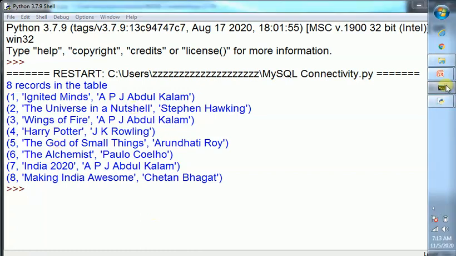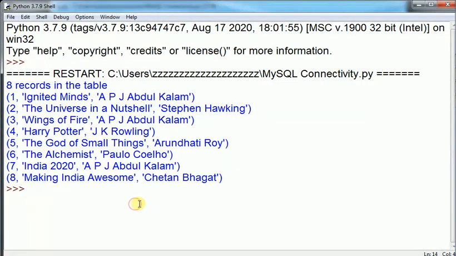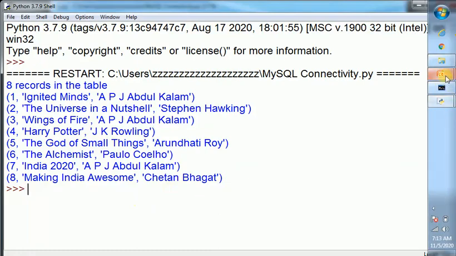Let us check with MySQL. See, I have opened the database. There are 8 records here. All the 8 records are displayed here also. Now, let's see